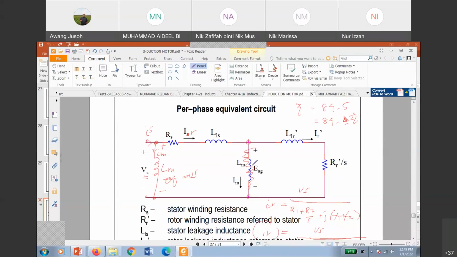But it is a little bit difficult for you because the IEEE circuit is not straightforward. You have to use the current divider and some other things, which is not recommended for solving the problem. So that's why in the final exam, normally we ask you to use the approximate circuit only. It's easy for you to solve things.